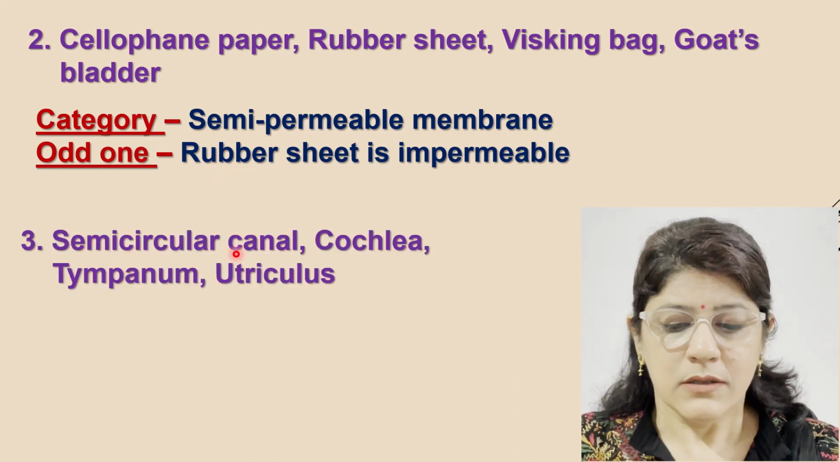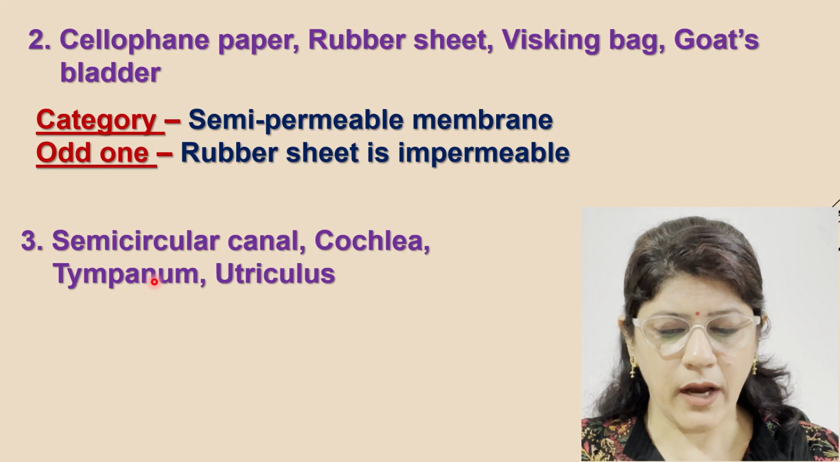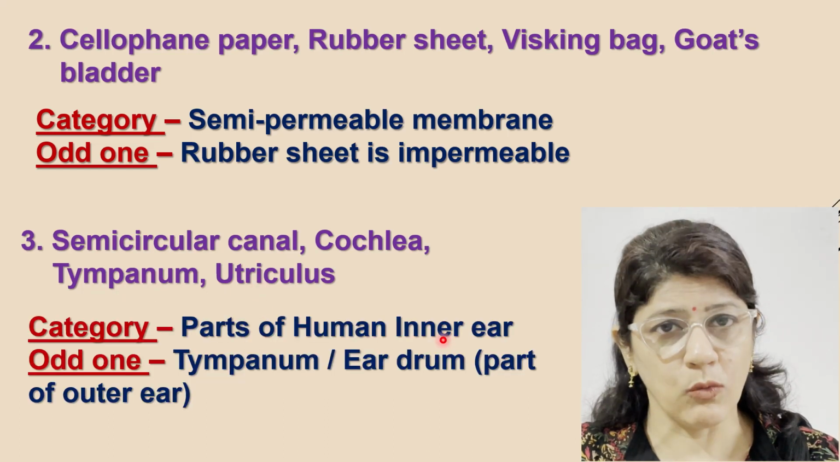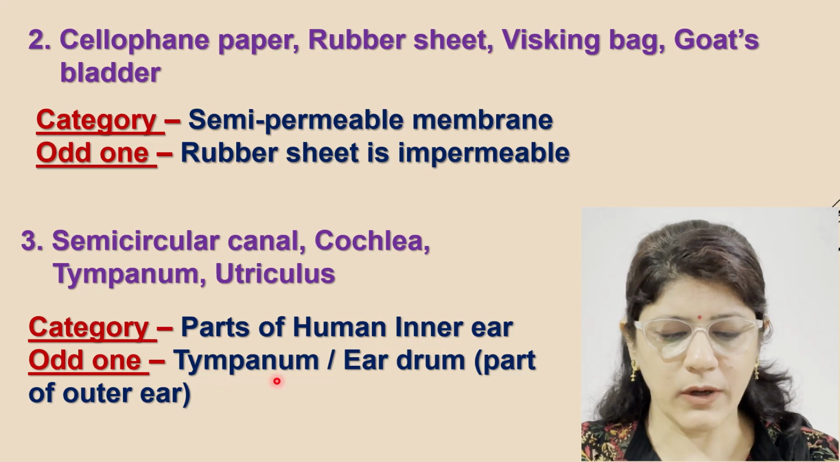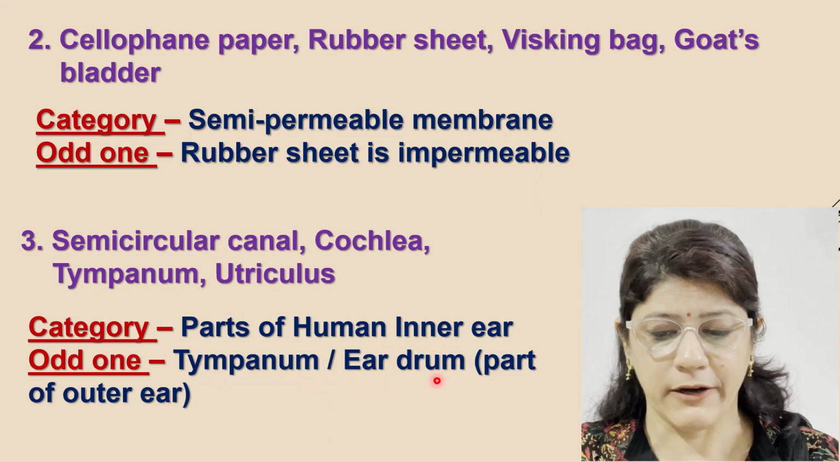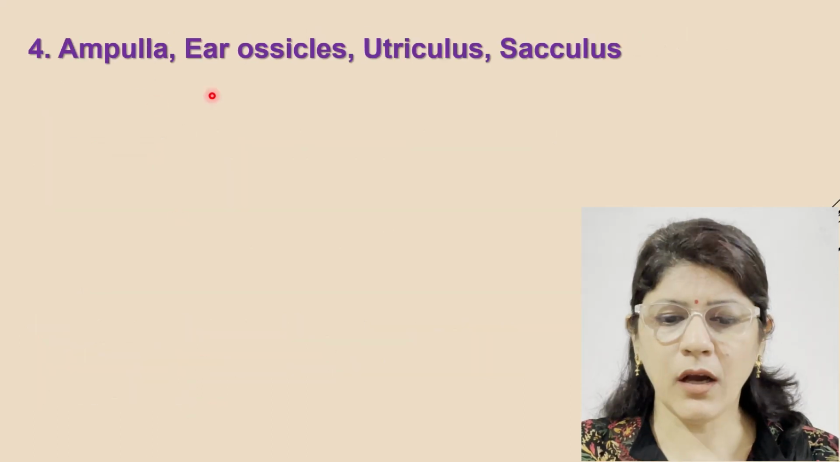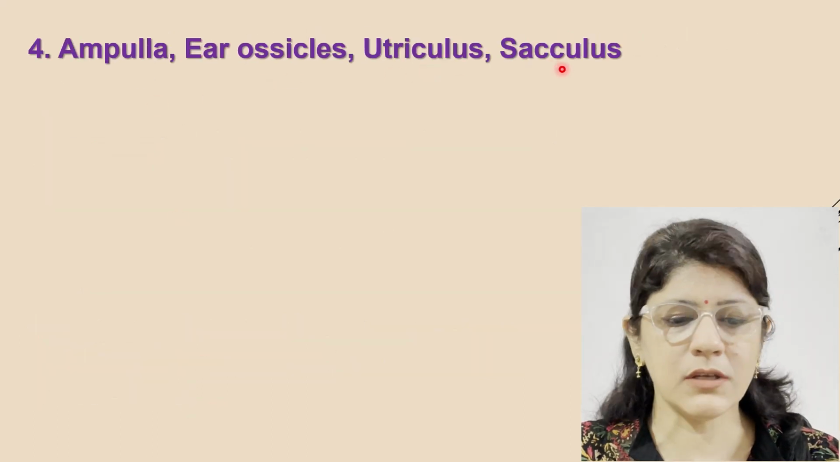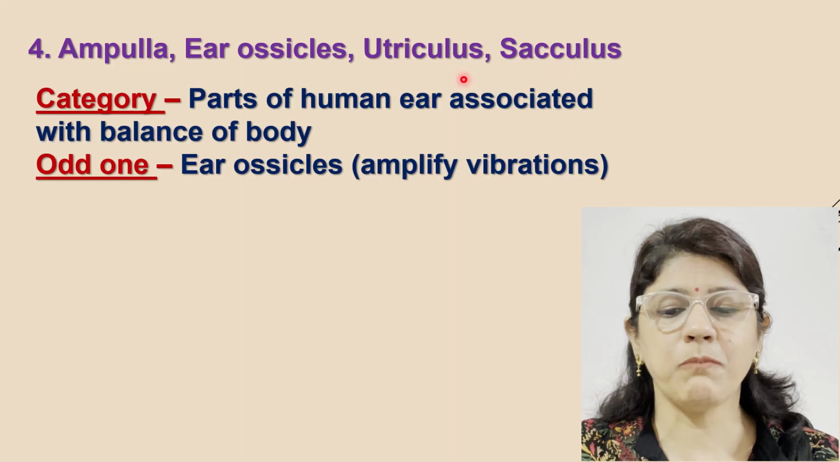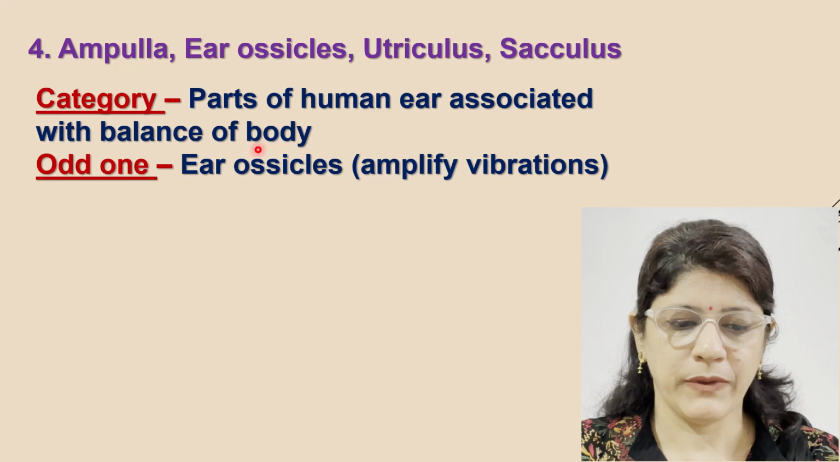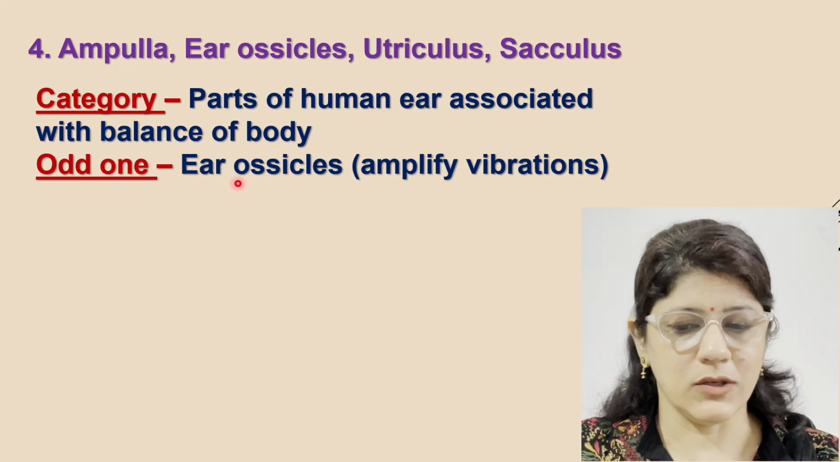Next is semicircular canal, cochlea, tympanum, utriculus. So category is parts of human inner ear, and odd one is tympanum because eardrum is part of outer ear. Next is ampulla, ear ossicles, utriculus, sacculus. So category is part of human ear associated with balance of body, and the odd one is ear ossicles because